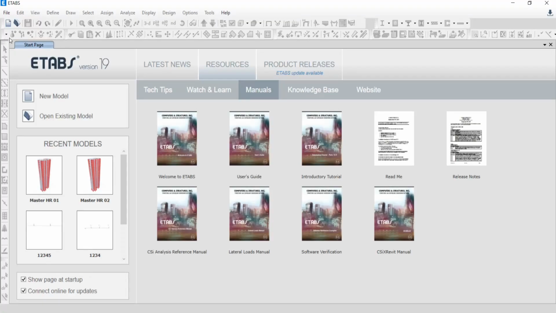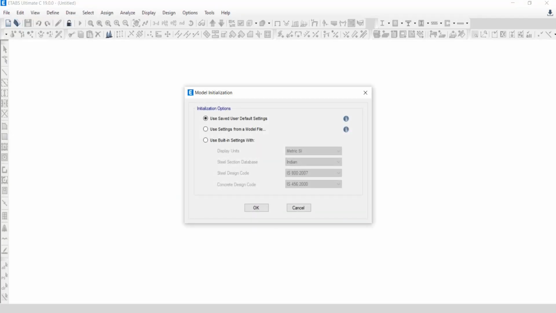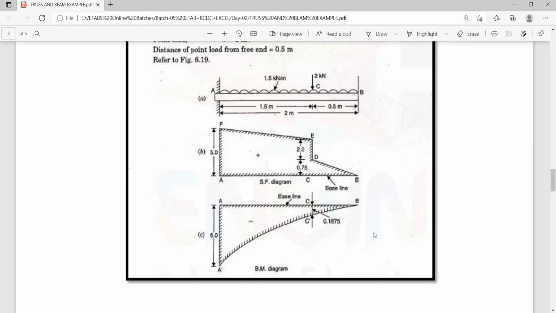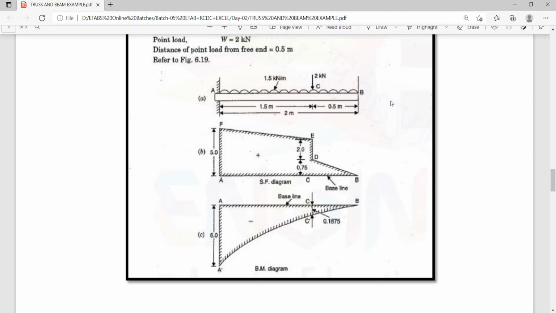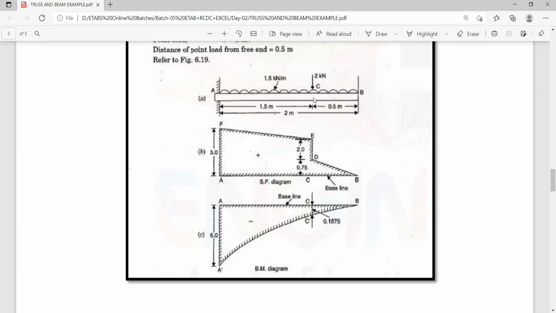So go back to ETABS and go to file, just say new model. Let me know how many grids are needed to form there first. In X direction, how many grids are needed? Two grids, start and end, because a single beam is there. And how to assign the load, that we will discuss later. Okay, that's another point of discussion. But if you are talking about the beam, only 2 points are needed on left side and right side.